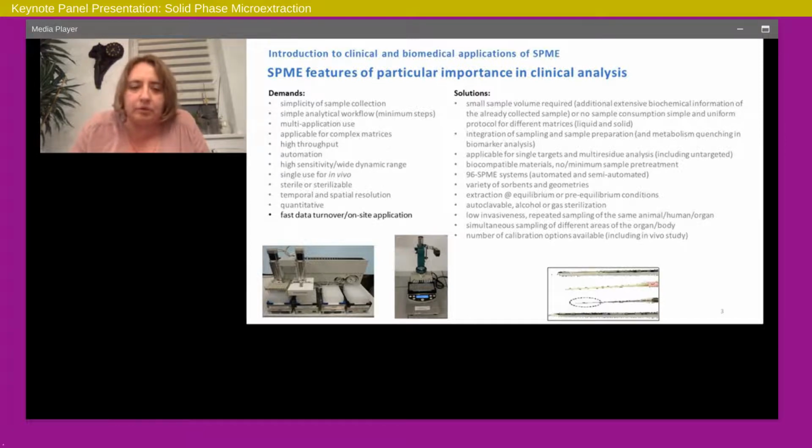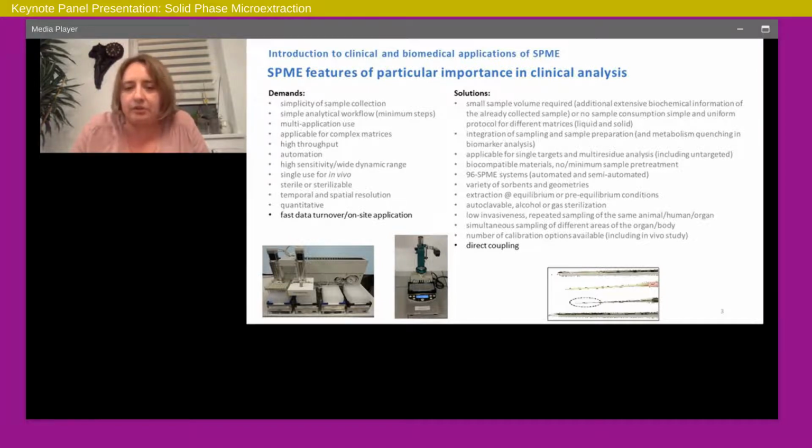Of course, we want to have results very fast. This is the first thing that clinicians ask: how fast can I get the data? Well, of course, if we are including an LC run, it is usually a little bit long, but as Janusz mentioned, we can couple SPME directly with MS, and then we are actually hoping, with this direct coupling, to have